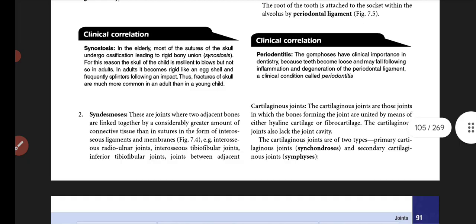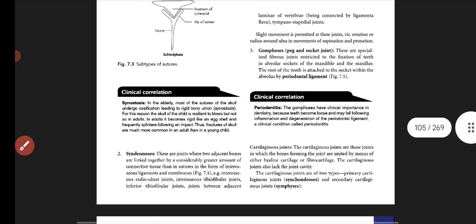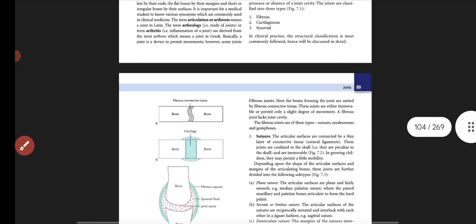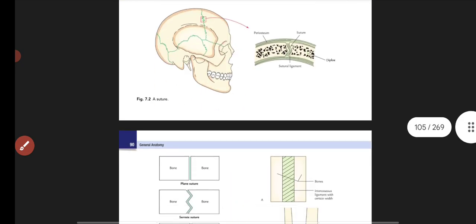Next one is the cartilaginous joint. Number 1 was the fibrous joint. Under fibrous, there are subtypes: suture, syndesmosis, and gomphosis, and there are subtypes under the sutures also. And next one is the